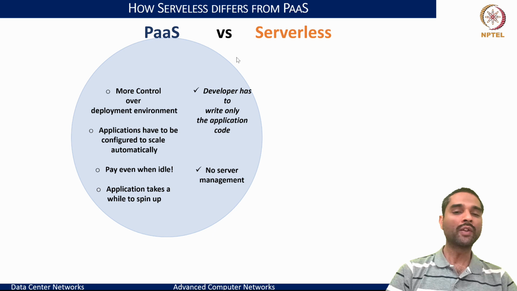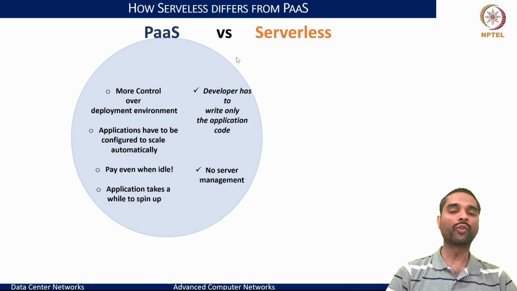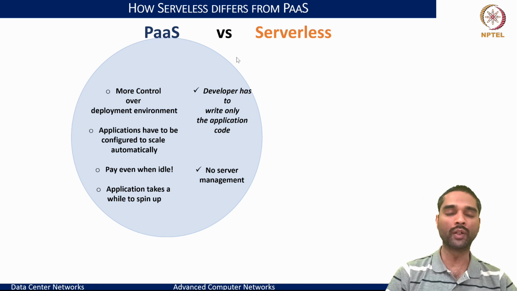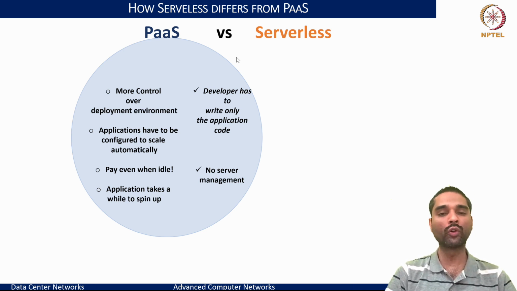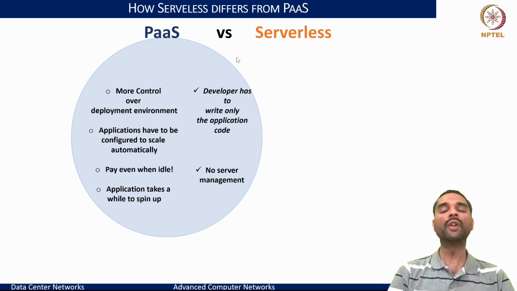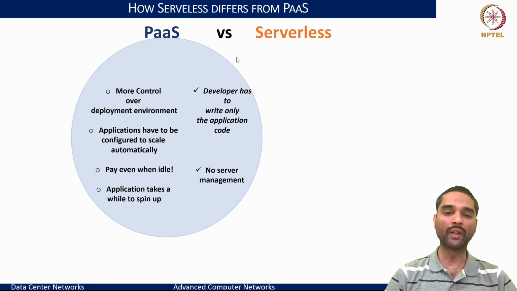And this in a way is good because now you control how to scale, but in a way it is bad because at times you may want the functions to be running when there is high load, and when there is no load, you don't want them running. That means you need some means to do this automatically. But unless you configure it, it won't be done automatically. That's the drawback that we see.